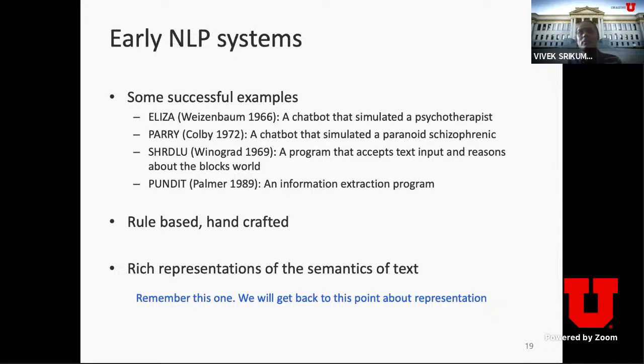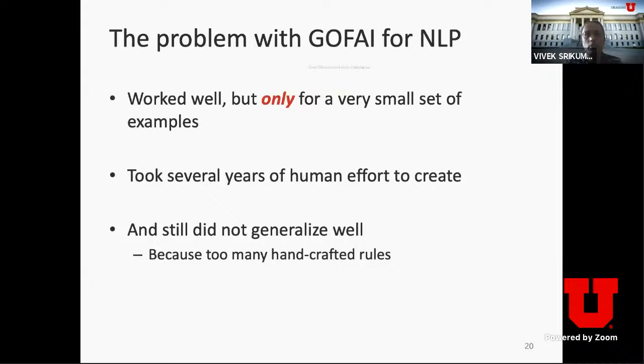Which means that person was willing to, even though that person knew this was just a bunch of rules, almost pretend that this was a person, a therapist, and reveal private stuff. This was really cool, except there was a problem. The problem with a lot of AI of that era, now called good old-fashioned AI, is that it worked really well, except when it didn't. It worked really well in limited cases.